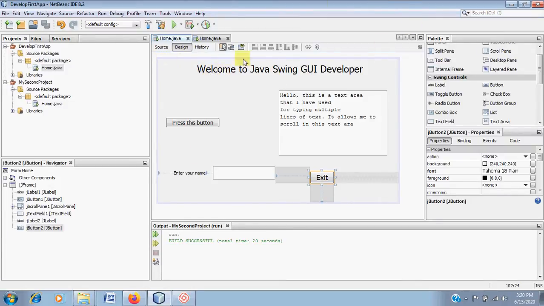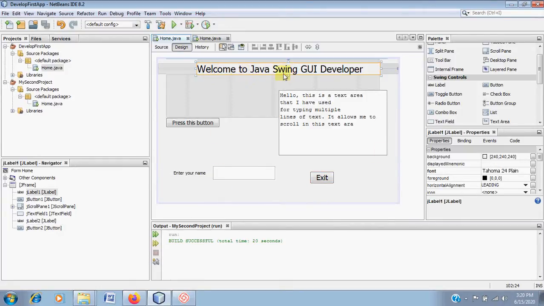This is my Java Swing. I have created a window frame here, and on the frame I have put one "welcome to Java Swing". This is a label, this is a text area, this is a button that I placed here, this is a label again, and this is a text field, and this is the exit button. Now when I run this program here,